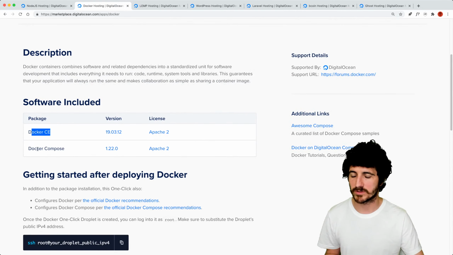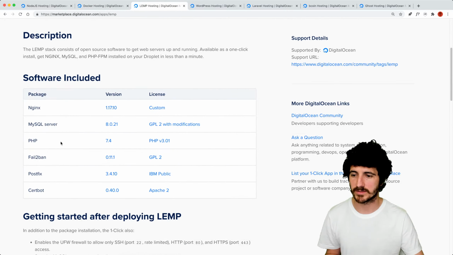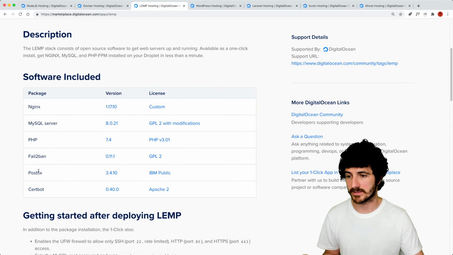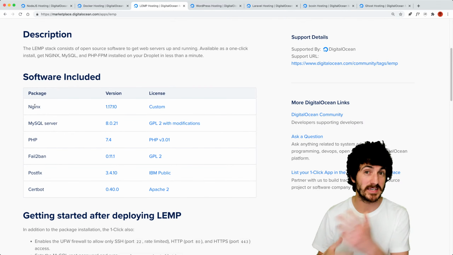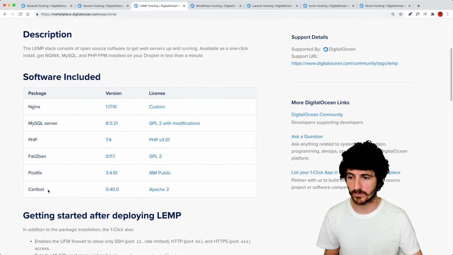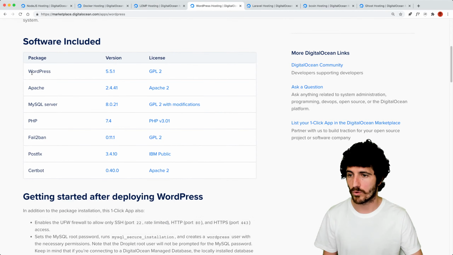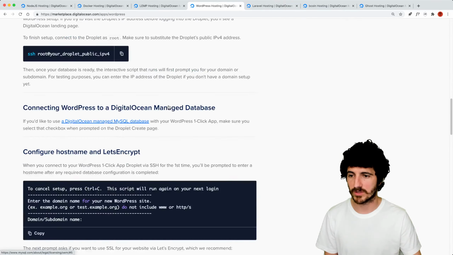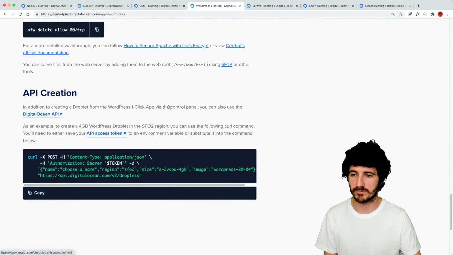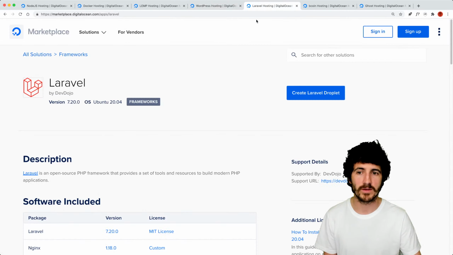This one, for example, has Docker CE and Docker Compose. This has our LEMP stack, has things to prevent spam, PHP, Nginx, MySQL, and Certbot to provide SSL certificates and HTTPS connections. WordPress includes the LAMP stack, but also WordPress. So it's actually a LAMP stack with WordPress on top of it. And we'll see instructions here because it's probably one of the ones that more people are trying to use.